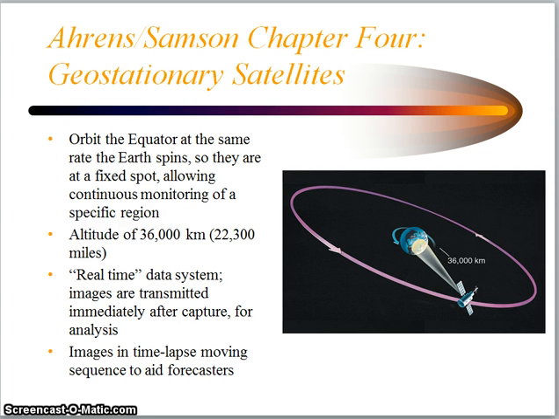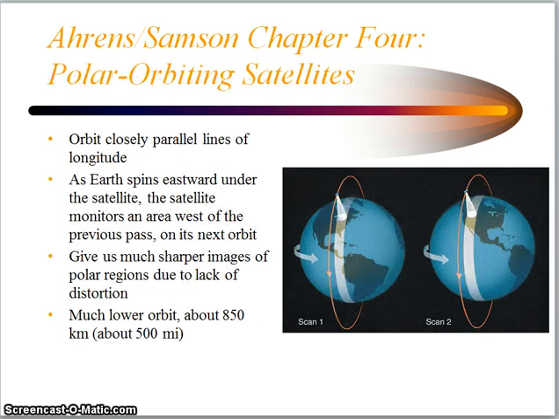And because it's taking a picture or pictures from the same place all the time, we can do time-lapse movies to show a moving sequence of clouds to aid forecasters. When you see the satellite pictures on the TV weather reports, you're seeing satellite images captured and looped from geostationary satellites. Then there are the polar orbiting satellites, which orbit closely